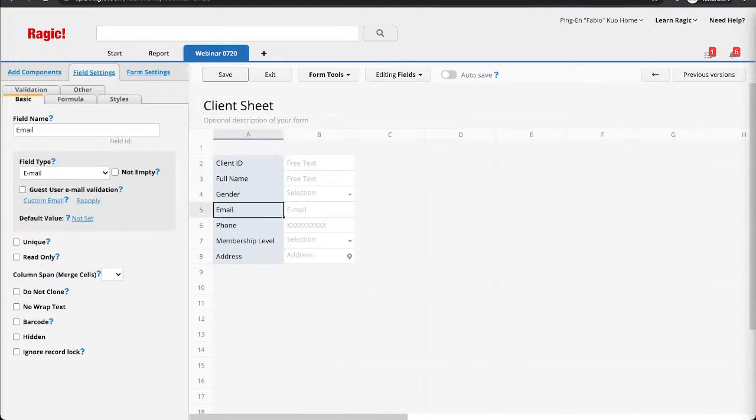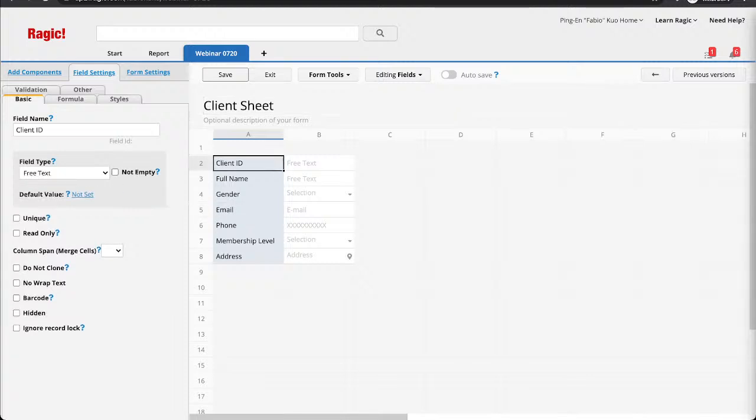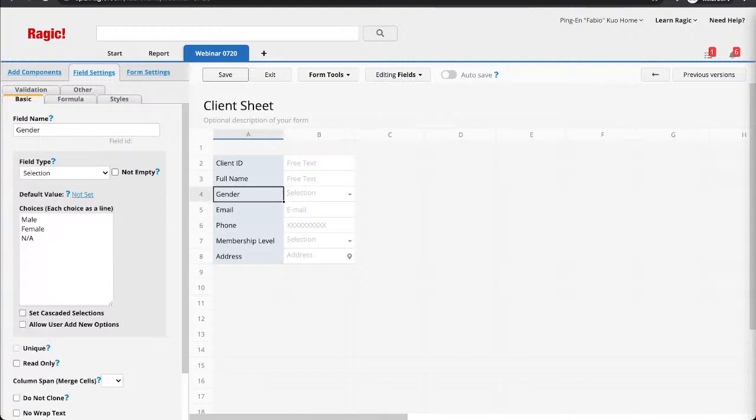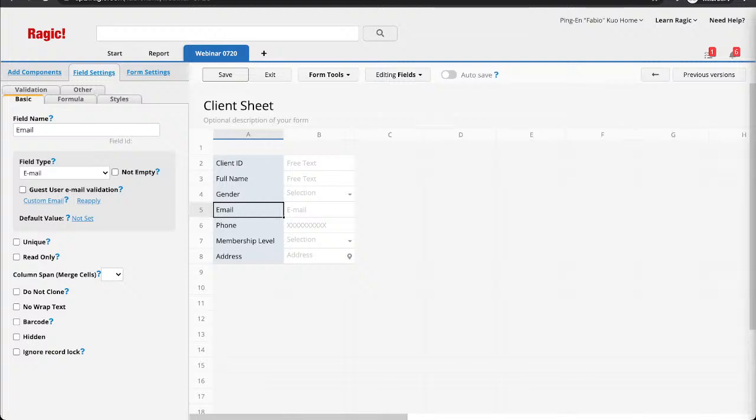What I have is a client ID, full name, gender, email, phone, membership level, and address. There are different field types here already. For example, gender is a selection field, which allows users to select from a menu with the choices that you have determined previously. Email field is for users to enter their email.